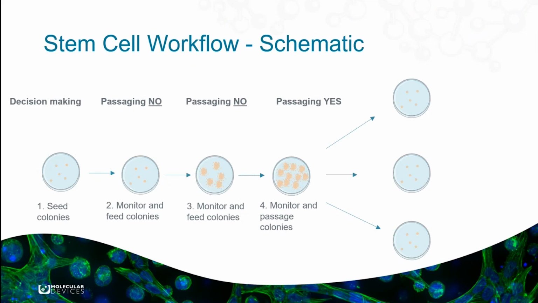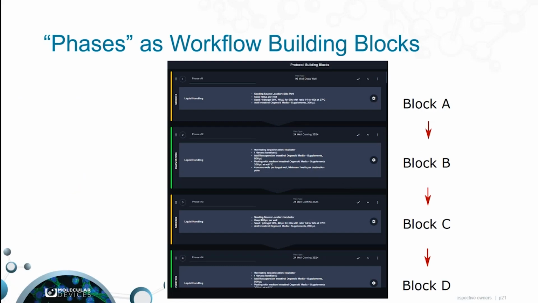Moving a little bit further into the stem cell workflow, what the system would do, it would seed cells, monitor and feed the cells every day, and at some point it would make the decision whether or not to passage. And when we do a passaging event, or when we do something else with our plates inside CellXpress.ai, we talk about different phases. A passaging event, for example, could be a phase, or a feeding event could be a phase. And what the user can do, they can chain different phases